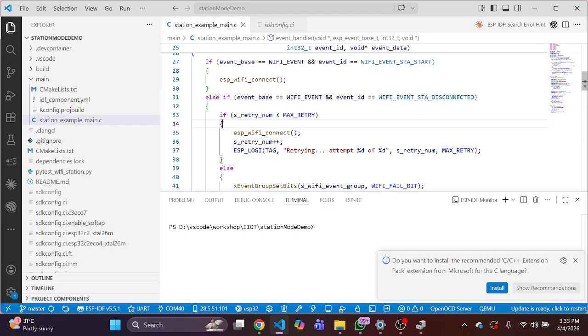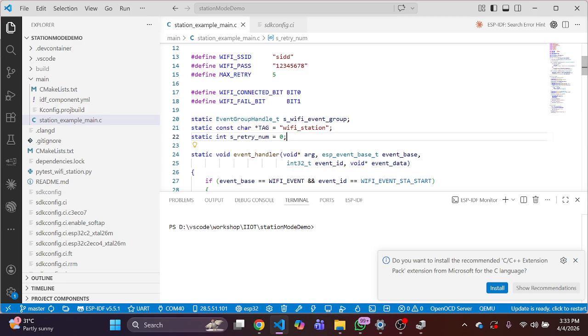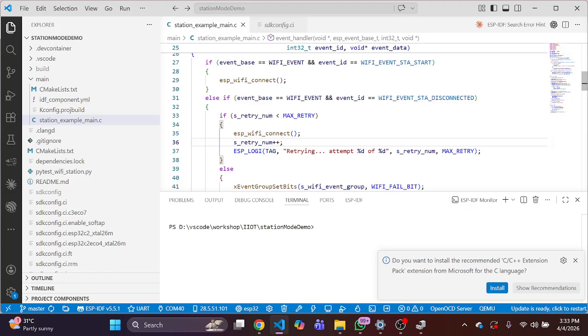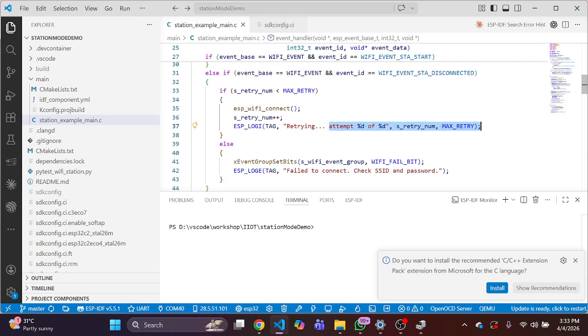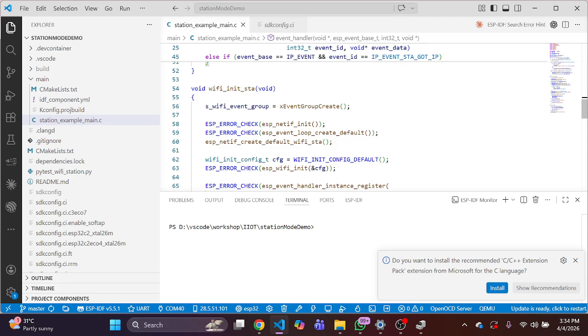that retry mechanism, right? So here we are taking one variable as try number, initialized with 0, right? That means how many tries it has done, and max try is 5. So until the try number becomes greater than 5, it will keep trying, right? And it will also print the number of attempts it has done. Then if the callback returns that it is connected with the network, it will print the IP of the ESP32. Then this is the same procedure,